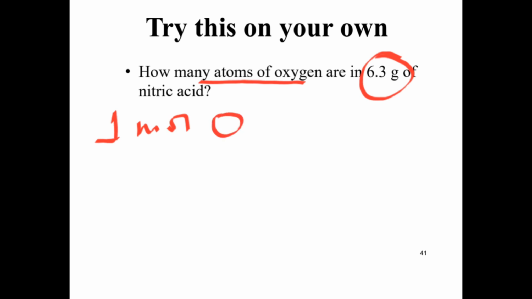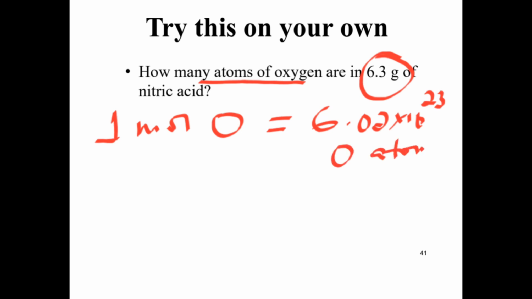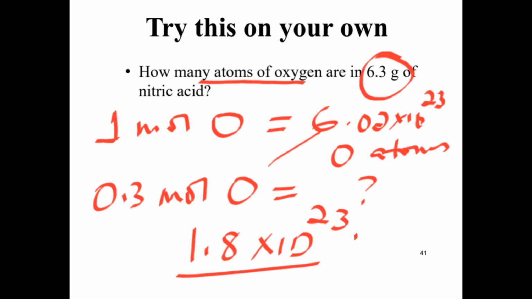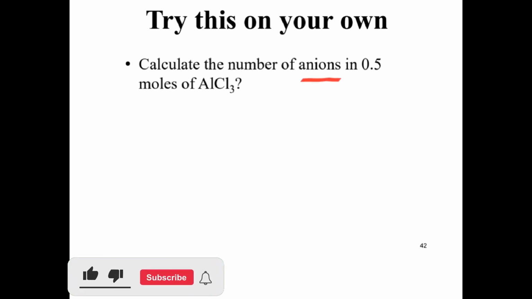አሁን ግን የተጠየቅነው atoms of oxygen 1 mole of oxygen ምን ያህል atoms of oxygen ያዘን? 6.02 times 10 to the power of 23 oxygen atoms ያዘን። 0.3 moles of oxygen ምን ያህል atoms of oxygen ይዘዋል? ስለዚህ ይሄን ማባዛት ነው ማለት ነው። ስለዚህ 1.8 times 10 to the power of 23 atoms of oxygen are present እንላለን ማለት ነው።